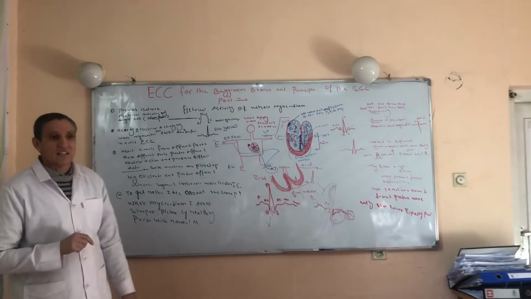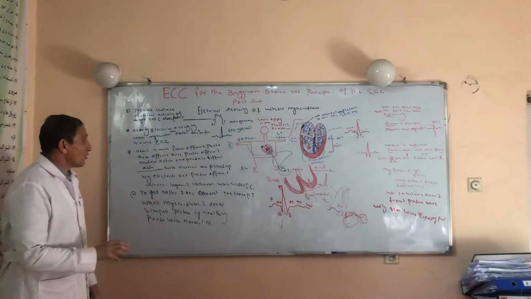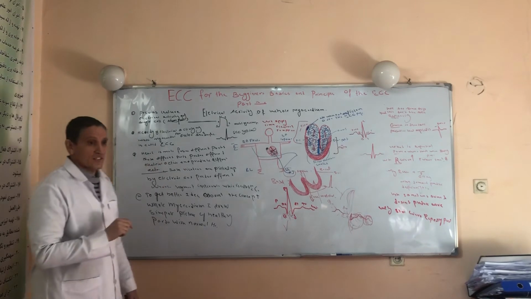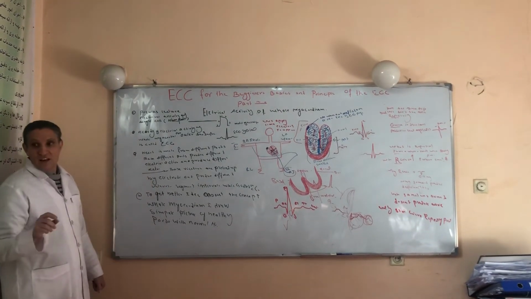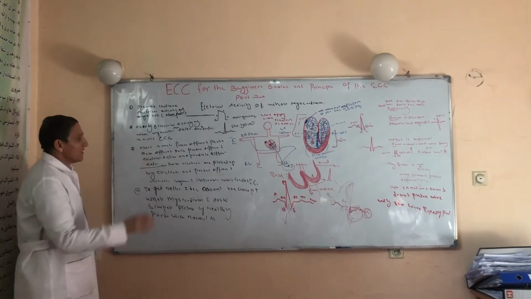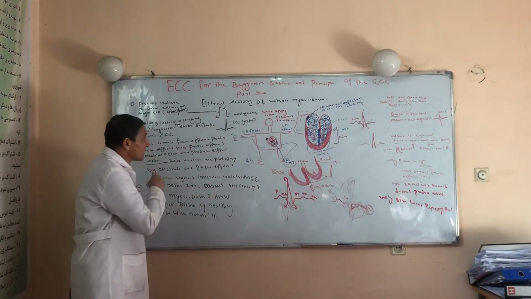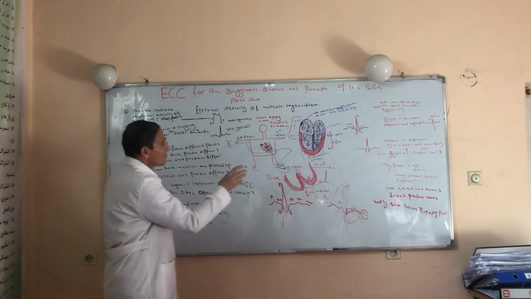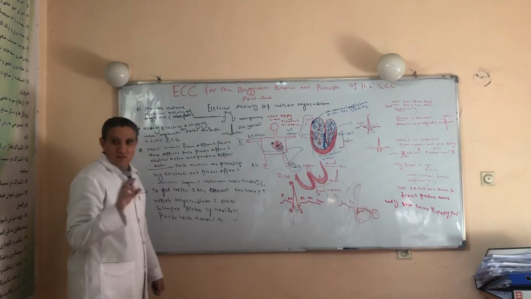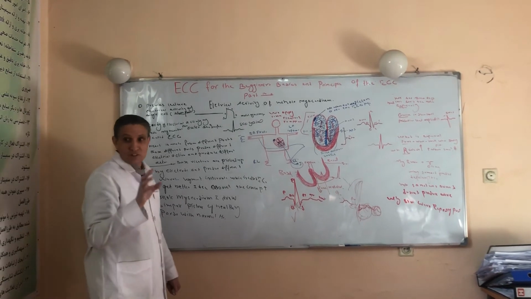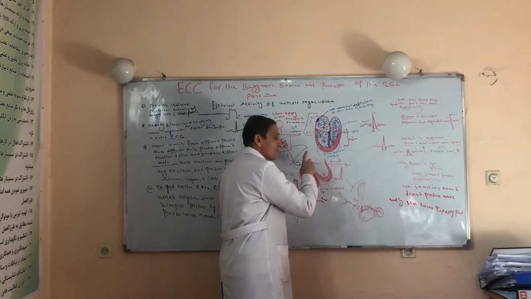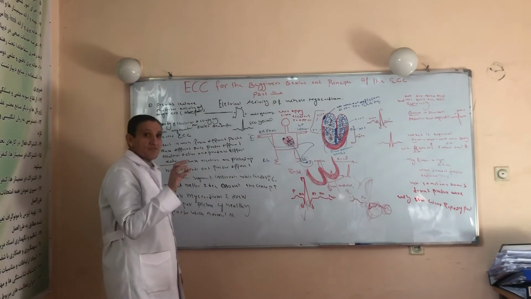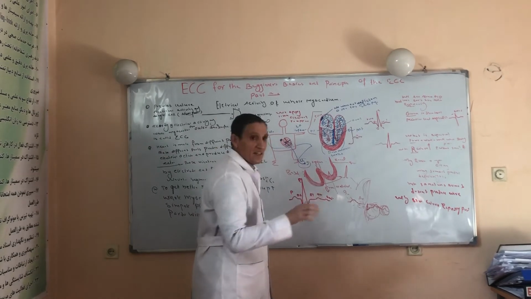While recording of the electrical activity of the whole myocardium from the outer surface of the body is called ECG. That is the difference between the action potential and ECG. When we are talking about the electrical activity of the whole myocardium, it is called ECG. The heart is made from different parts, for example, right atrium, right ventricle, and left ventricle. These different parts of the myocardial tissue produce different waves, segments, and intervals.